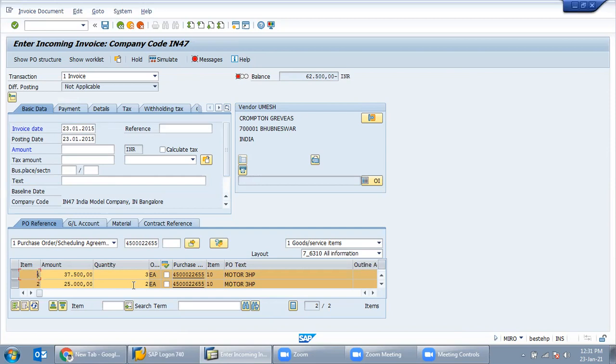Suppose we do not have any motors in stock right now, and we require 5 more or 10 more quantities, then again we need to generate the requirement via T code ME51N. We need to create a purchase requisition, we need to create a purchase order, then give it to the vendor. As per the requirement, every time we need to create a purchase order. It's not a one time job. That is called transactional data.